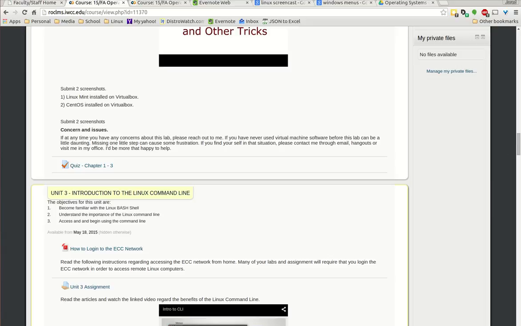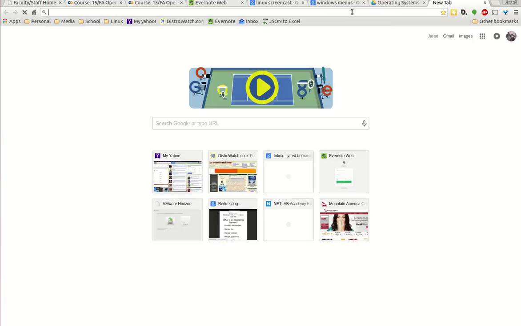Welcome. I'm now going to demonstrate how to log into the ECC network and then how you're going to connect via the command line to a Linux server, and how most of your assignments are going to be done. So let's begin. The first thing you want to do is open up a new tab or web browser, and you're going to go to the following address: